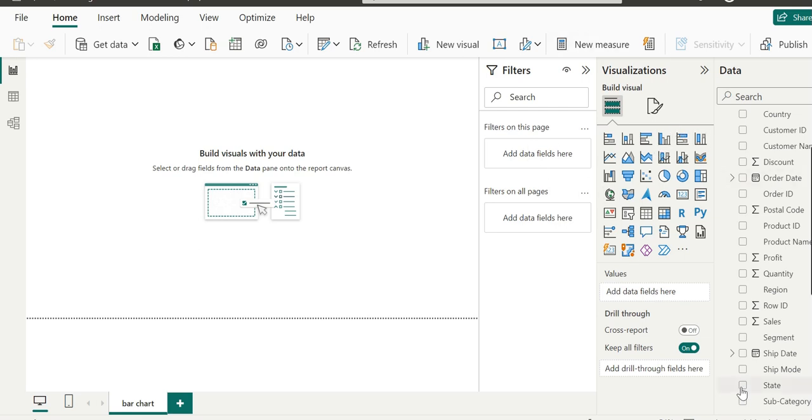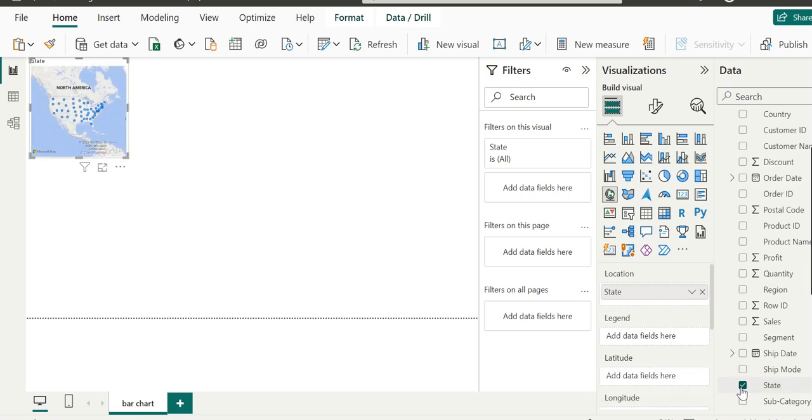Then we removed that and added another field, a numeric field, and there Power BI went with the default visualization type of a clustered column chart.